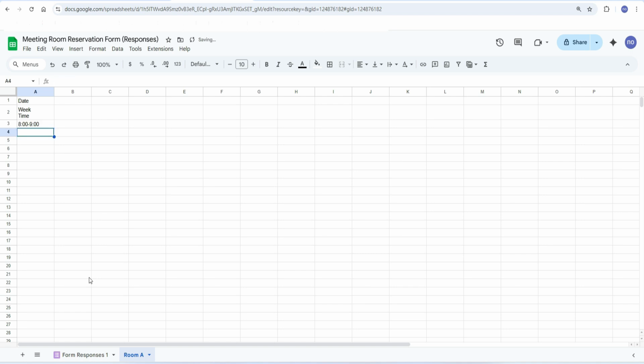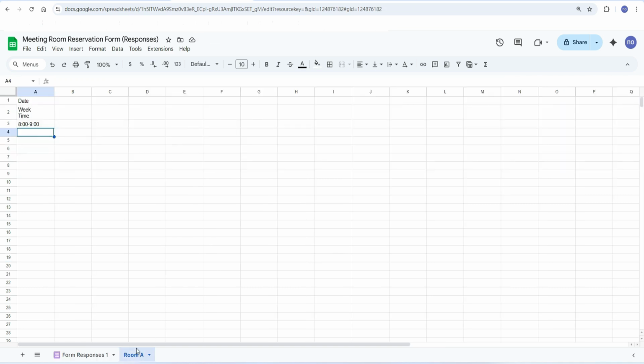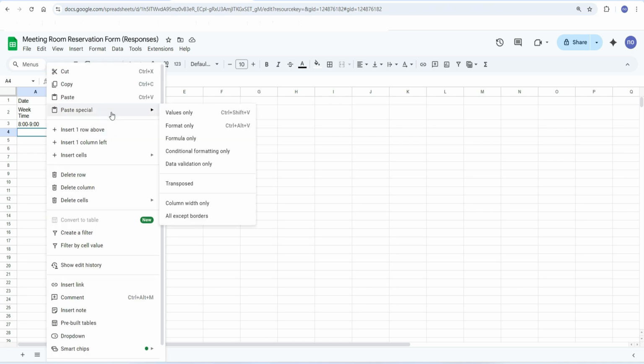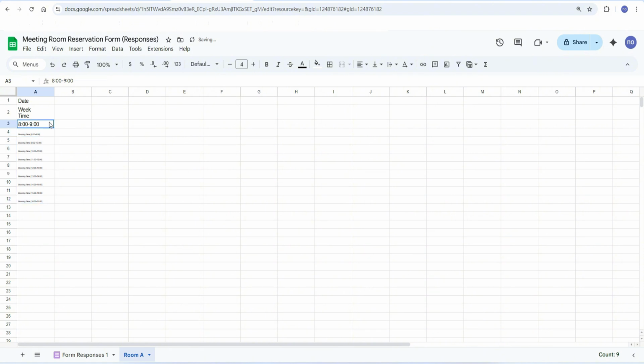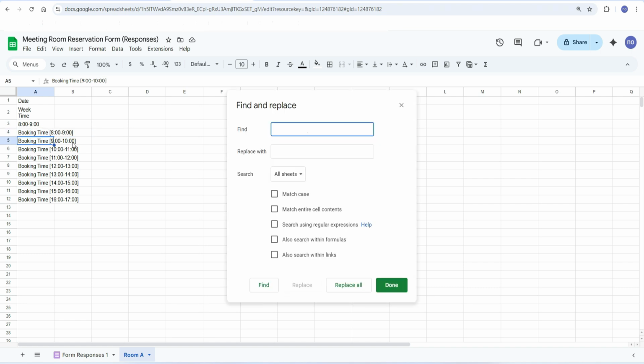You can also copy the time here and paste it with a transposed function. And then you can get rid of all of that in a substitute way. Type Alt and H to open the window of Find and Replace.